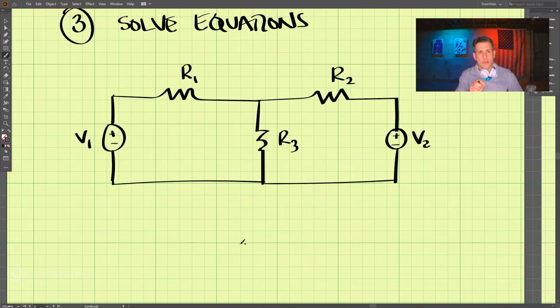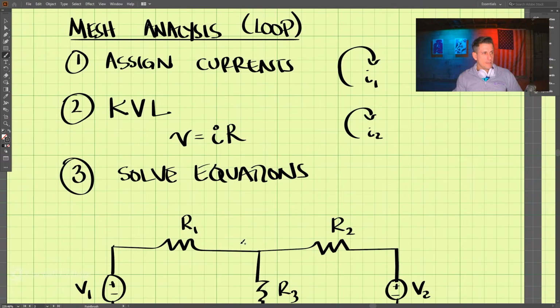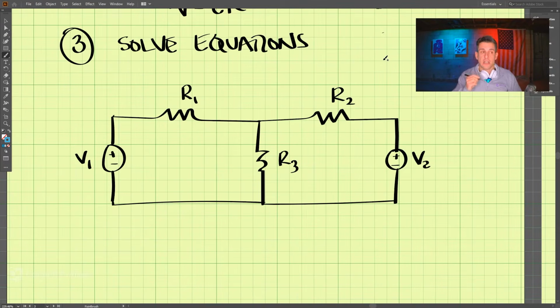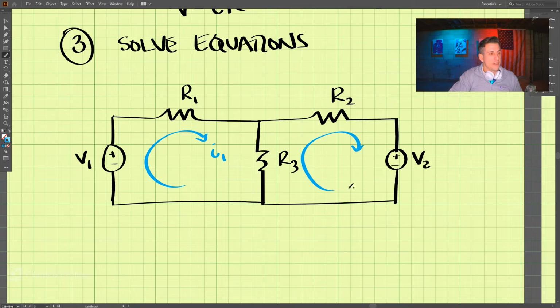So the first thing we need to do in our steps is assign currents. So I'm going to assign currents. I'm going to draw things clockwise. So we're going to call this I1, and then we're going to have another current here, I2. And once we do that, we now perform